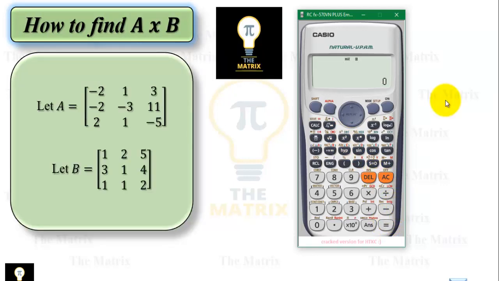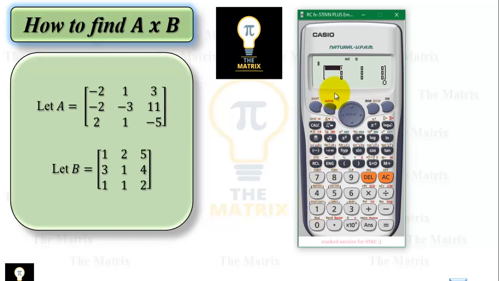Here we will see how to find the product of two different matrices. Matrix A is already filled in the calculator. Now let's fill matrix B. So now we will go to mode. 6 is for matrix. Then we feed in Mat B, which is at number 2. So we will click 2. It is also a 3 by 3 matrix, so we have to push 1. Now you can enter matrix B.